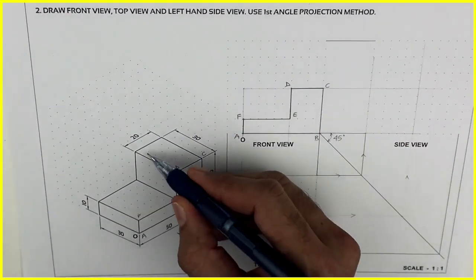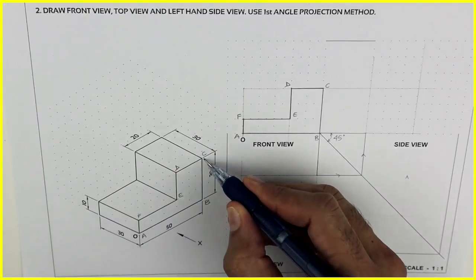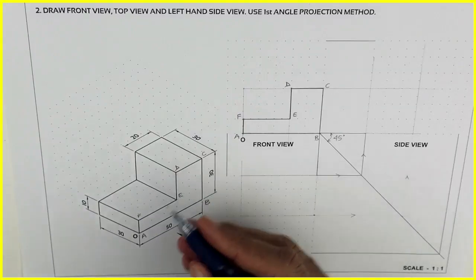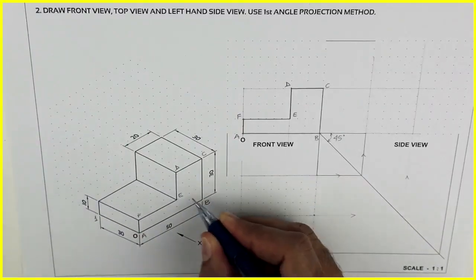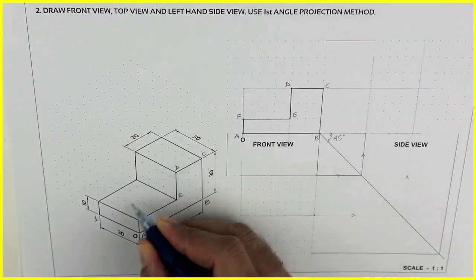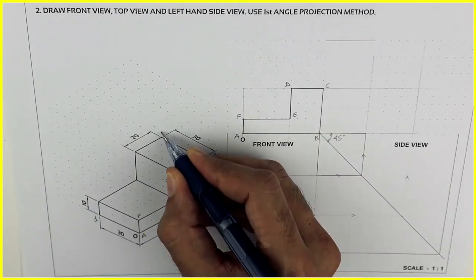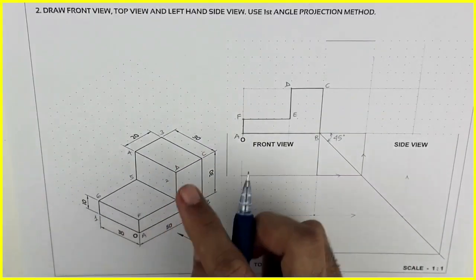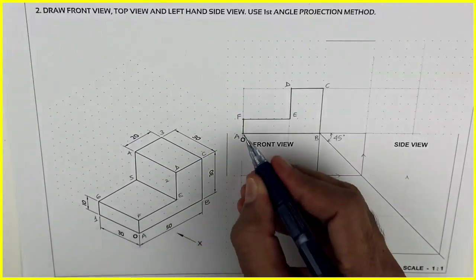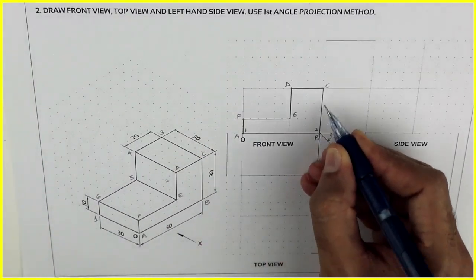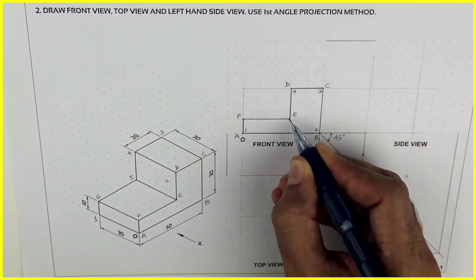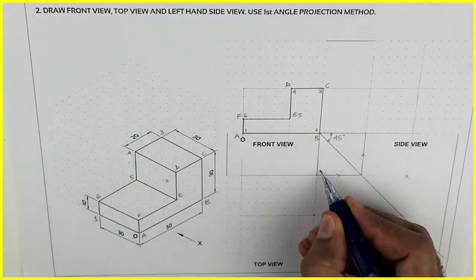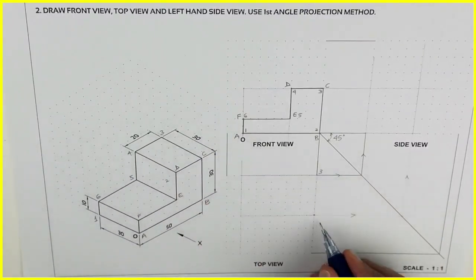Now we'll draw the top view, this part and this part. So it is the top portion and this portion. We have to draw these two rectangles. Let me name this as 1. This point which is behind, that will be 2. This is 3, 4, 5 and 6. 1, 2, 3, 4, 5, 6. If I want to see this in front view, then 1 will be here, 2 will be here, 3, 4, 5 and 6.